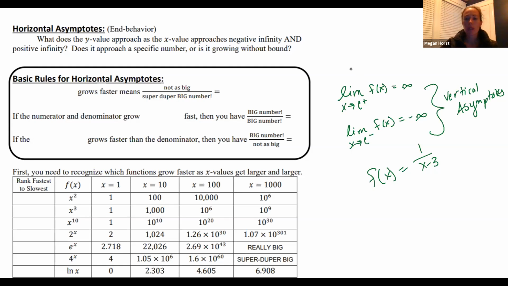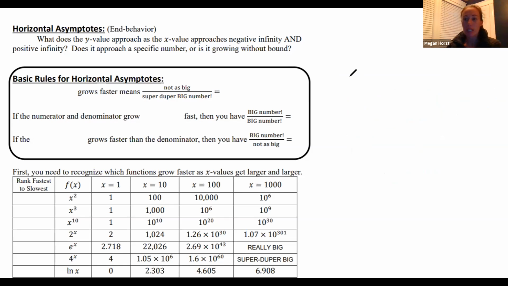Well, what we're going to do now is we're going to look at something a little bit different. We're still looking at limits that are involving an infinity, but now we're looking at limits as x approaches infinity and analyzing what's happening with our functions. So when we're looking at limits as x is approaching positive infinity and negative infinity, we're actually looking at our horizontal asymptotes. So you'll remember, recall from pre-calc that